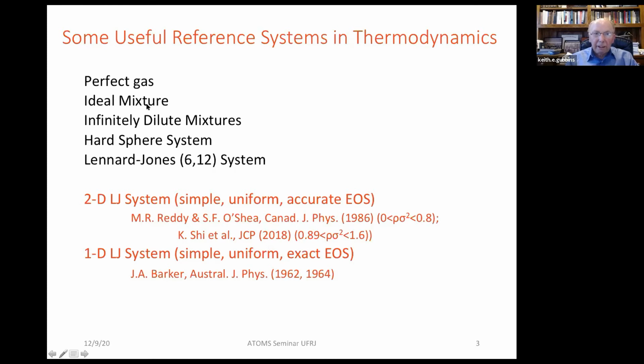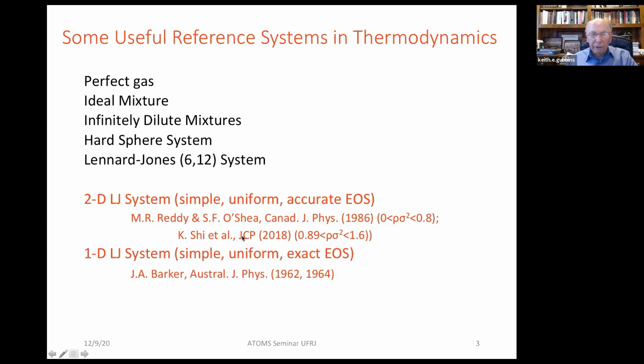The perfect gas, ideal mixture is one where the interactions between the different species of molecules are the same or almost the same. Infinitely dilute mixtures, we have Henry's law. And then we have other reference systems which are based on simple intermolecular potential functions like Lennard-Jones or hard spheres. So for these strictly 1D and 2D systems, I've listed some papers here where people have published an equation